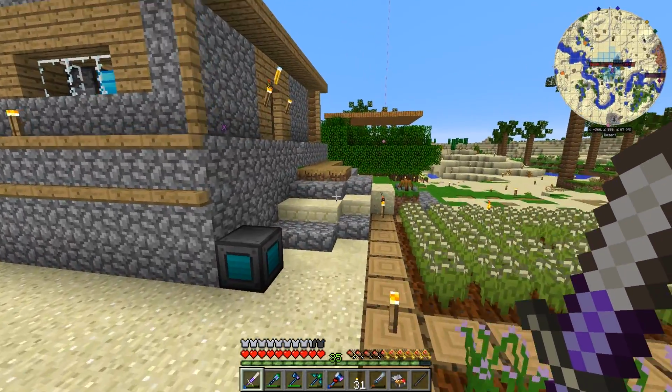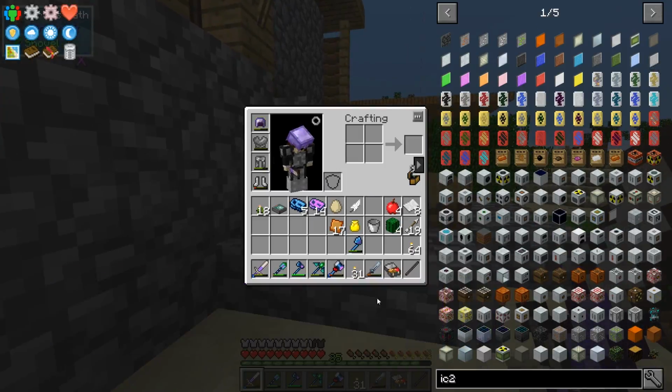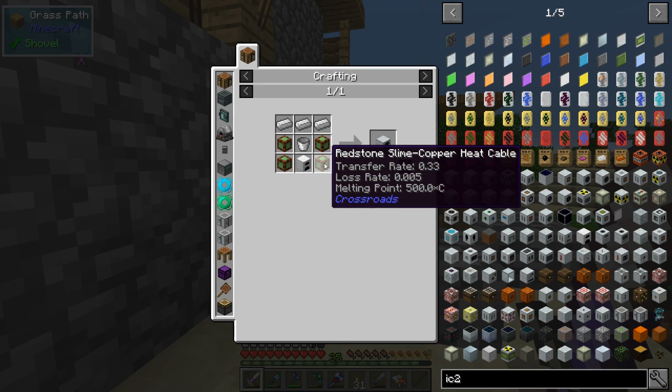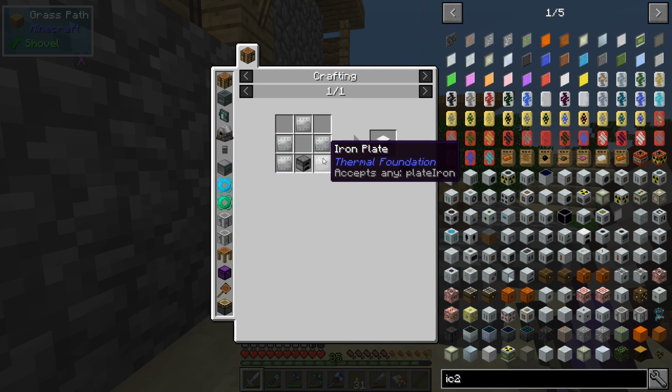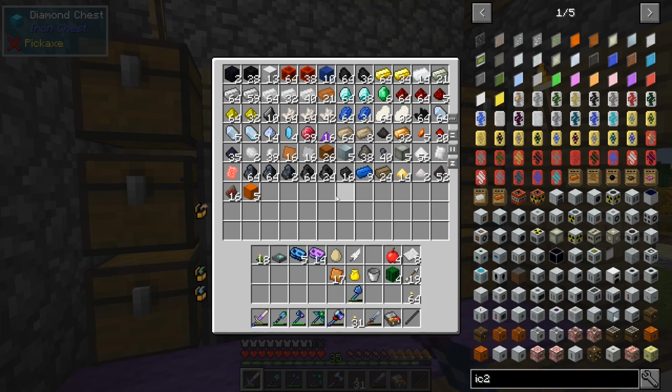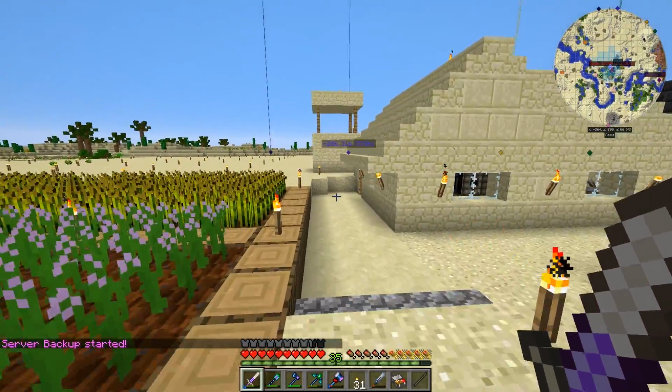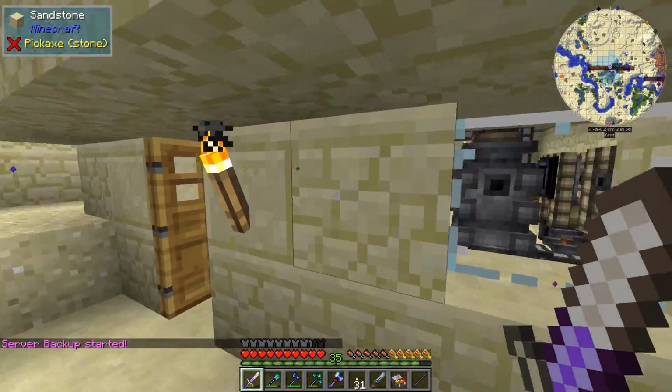Today what we're going to do is we're going to work on IC2 because this seems to be the next step. If we look here, we need the iron furnace, so we need iron plates. I believe I should have iron plates, copper plates, and I've got bronze plates. And I should also have this one in here,